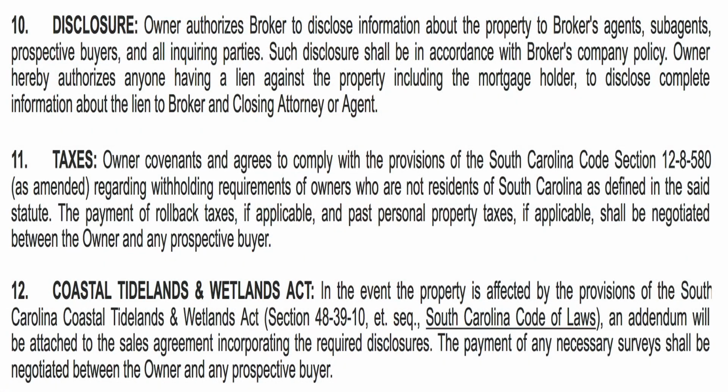Again, that falls under what the closing attorney is obligated to do under tax laws of the state of South Carolina and under the federal government. It says the payment of rollback taxes, if applicable, and past personal property taxes, if applicable, shall be negotiated between the owner and any prospective buyer. So if there's rollback taxes, if there's any past taxes that are owed, that can be negotiated between buyer and seller. So make sure you look at that, especially if you're buying raw land that's categorized as